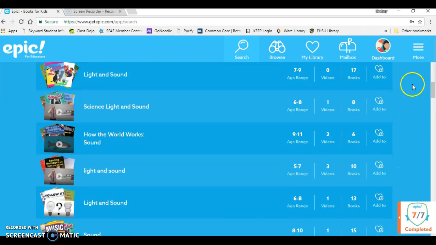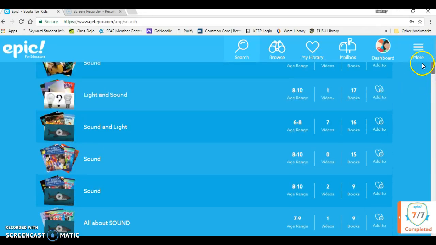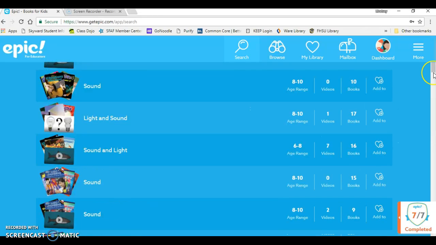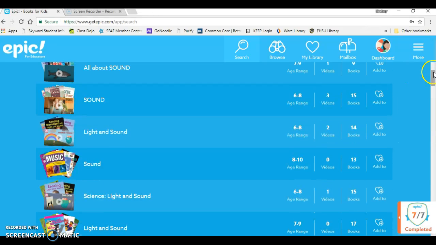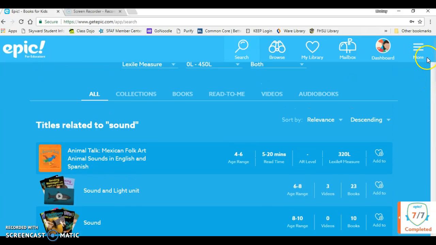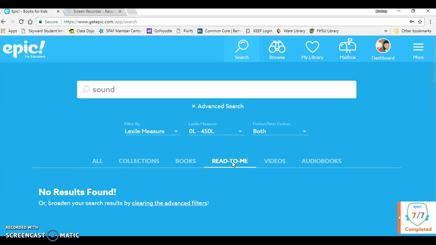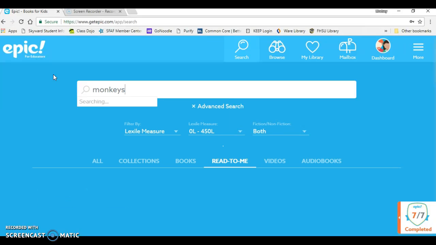And so down below, learning about light and sound, those are for 7 to 9-year-olds. That would be okay for us. I did set our Lexile measure, so the things that are going to be the most relevant are going to be closer to the top for me, of course. But then they also have things over here. You can see there are some videos and other options like that. Another cool aspect on this is you can go to just the books option, or I really love the read to me option. There's nothing for sound, but I can look for maybe let's do monkeys,